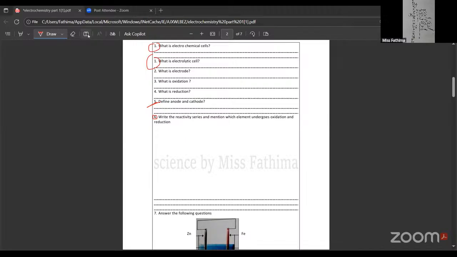If you want, let me write it so you can all just copy that. The above elements in the series will